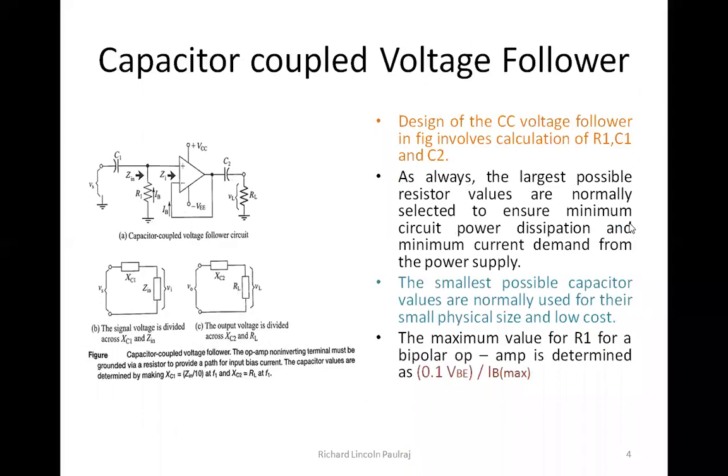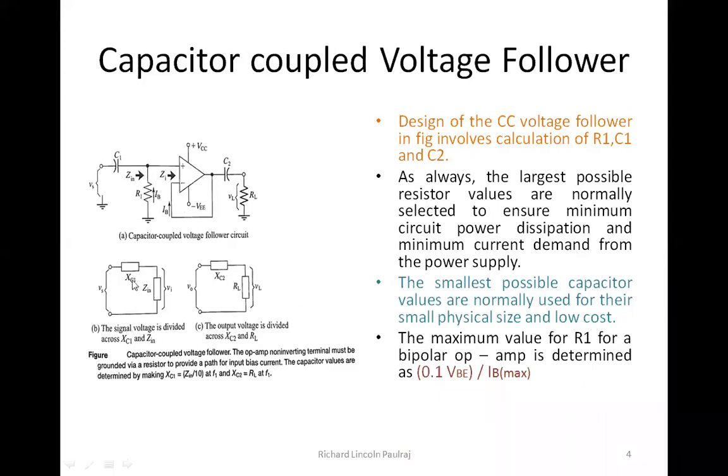So we had seen the capacitor coupled voltage follower. Can someone tell me what is a capacitor coupled circuit? Why do we need capacitors? Just to recall, why are capacitors needed? Sir, because we want only AC and not DC. Correct, so that we can block DC values and allow AC values. Fine. So, continuing our discussion.